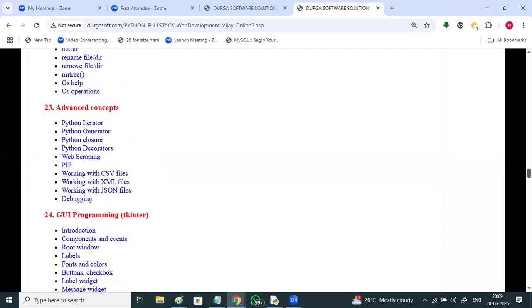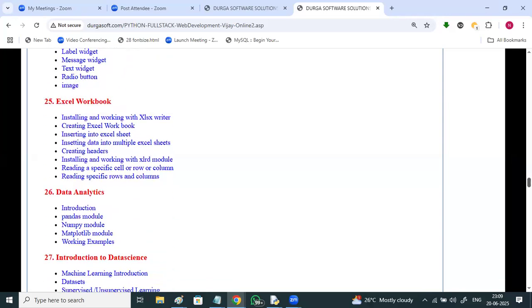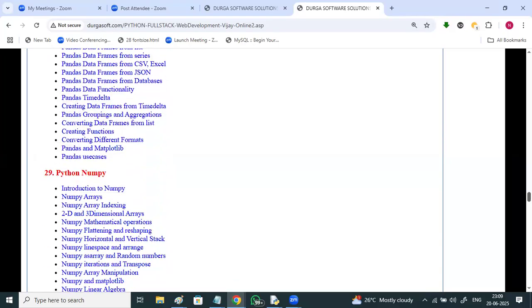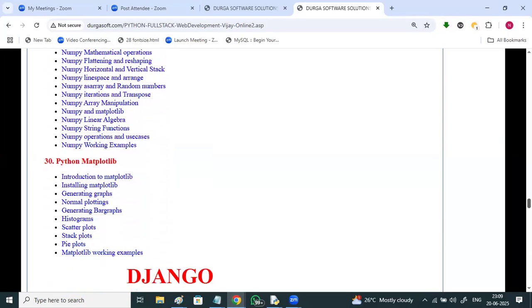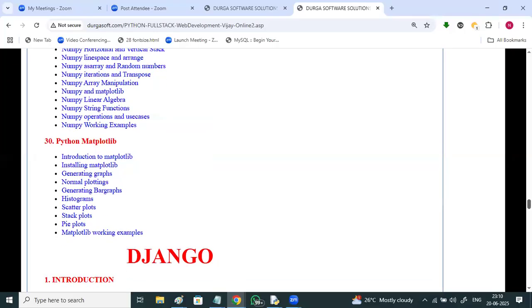Advanced concepts, graphic programming, Excel workbook, data analytics, introduction to data science, Pandas module in brief, NumPy module, and Matplotlib. These are 30 topics in brief. This includes Python Core and Advanced. So 5,000 is the course fee. It's an offer batch. Apart from that, people who want to go for Python full stack